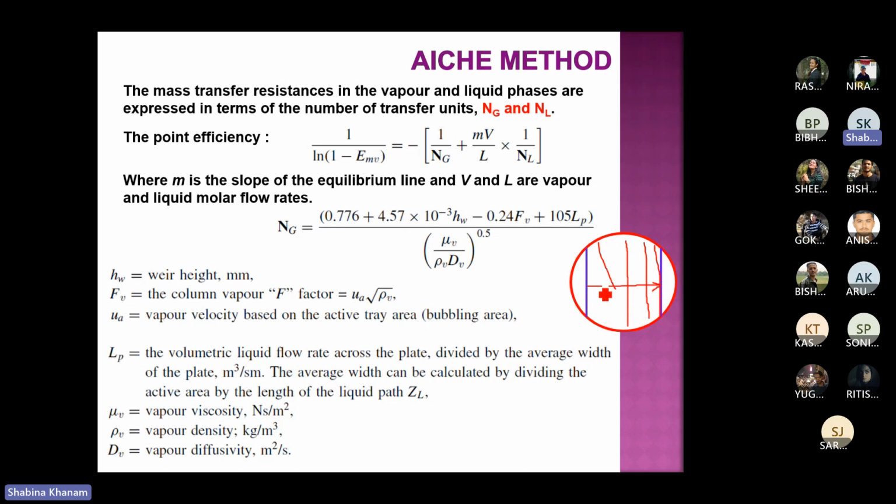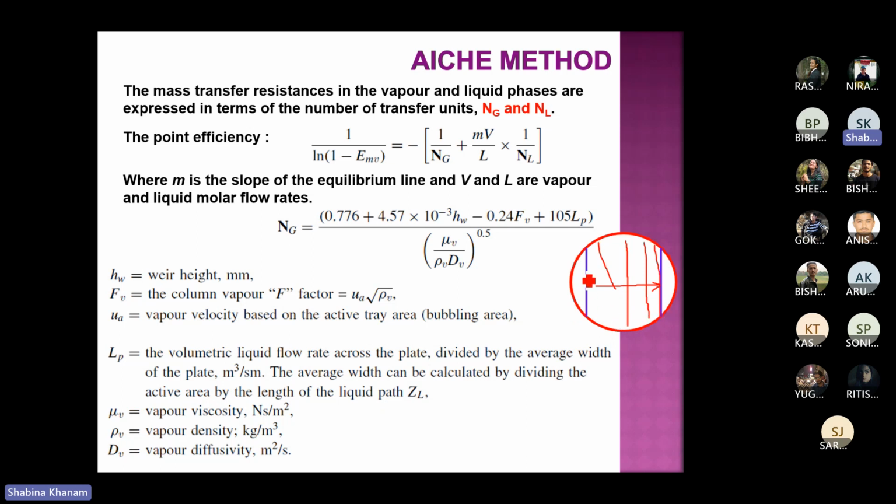It is moving from here to here, that is from inlet downcomer to outlet weir. Okay, so the average width, that is this vertical average width of the plate, can be calculated by dividing the active area